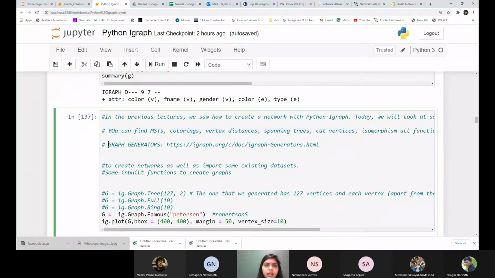We are going one step ahead, and today we are going to talk about how you load and store these graphs in your system. Let's say I'm working on a Facebook graph having 4,000 nodes and many thousands of edges. It is difficult for me to create that graph every time. So once I create a graph, I should be able to store it on my system and load it from there the next time onwards, instead of creating the same graph again and again.